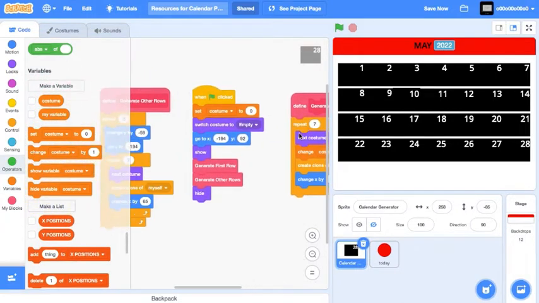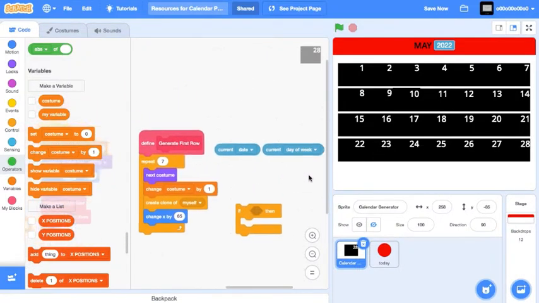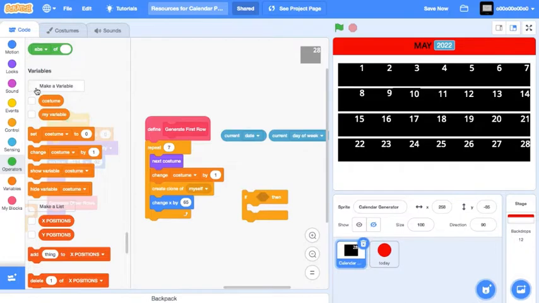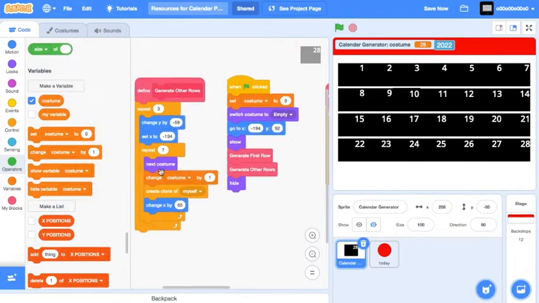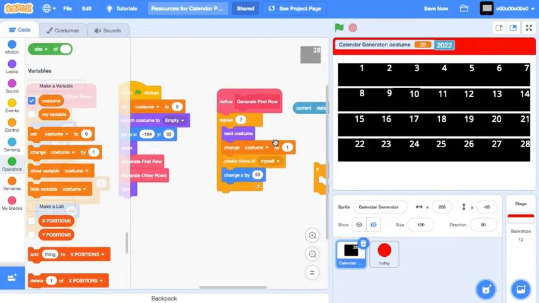Okay. And even here, we'll change costume by 1 every time we change a costume. Okay, yeah. Good. Now let's see the costume variable. It ended at 28 because we are only generating 28. 7 plus 3 more 7s equals 28.